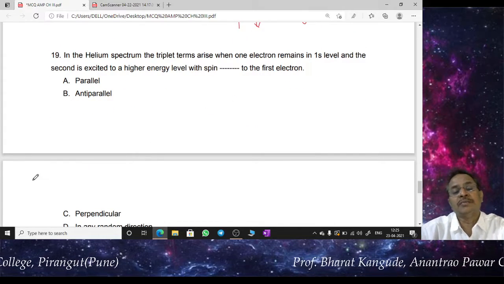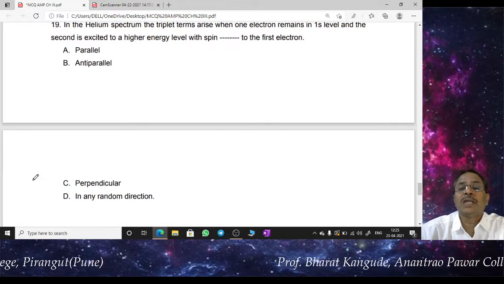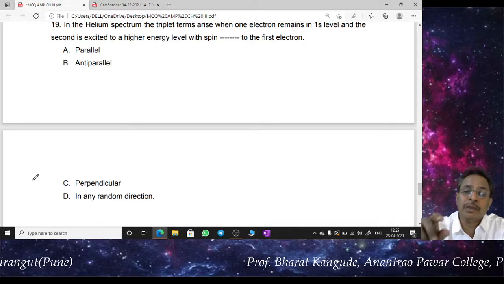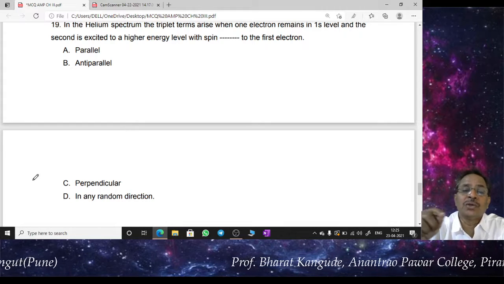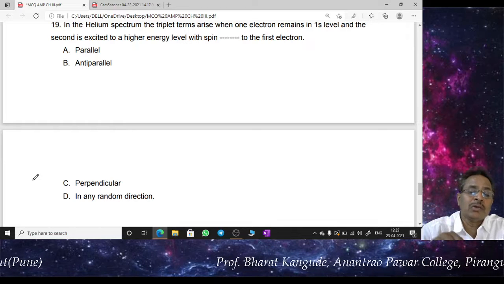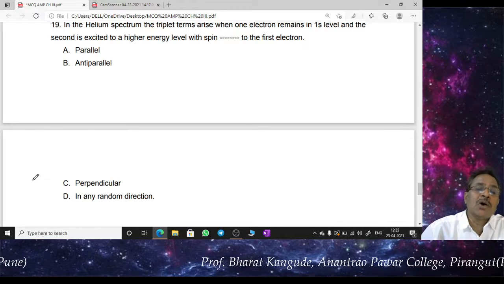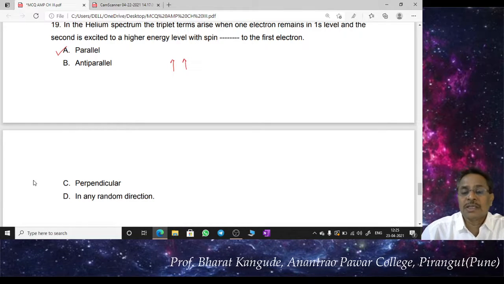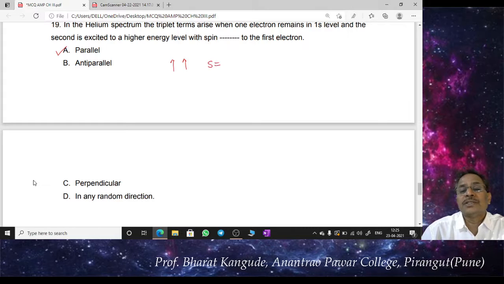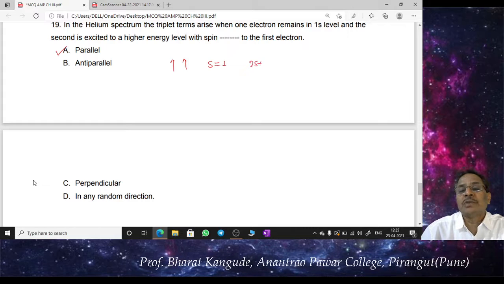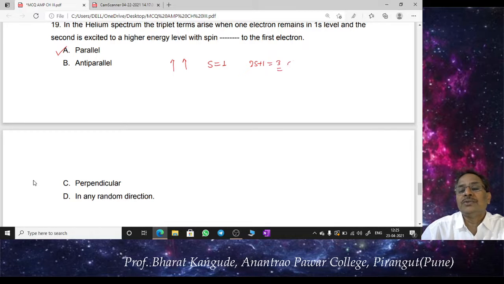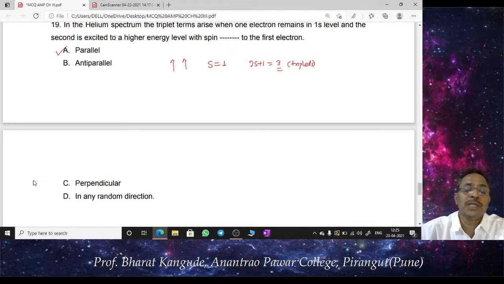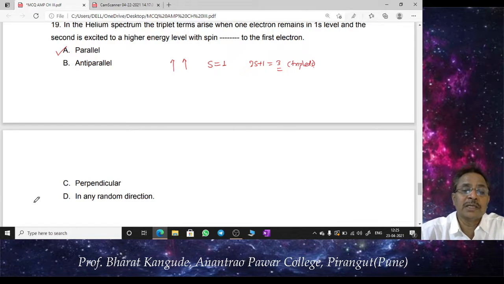In the helium spectrum, the triplet terms arise when one electron remains in the 1s level and the second is excited to a higher energy level with spin dash to the first electron. So again: parallel, anti-parallel, perpendicular, or any random direction. Out of this, option A is the most correct option, because the spins of both the excited and non-excited electrons are parallel to each other. So S is equal to 1 and 2S plus 1 is equal to 3. That is what gives rise to a triplet system, and that's how both of these electrons have to be parallel. So for question number 19, the correct answer is